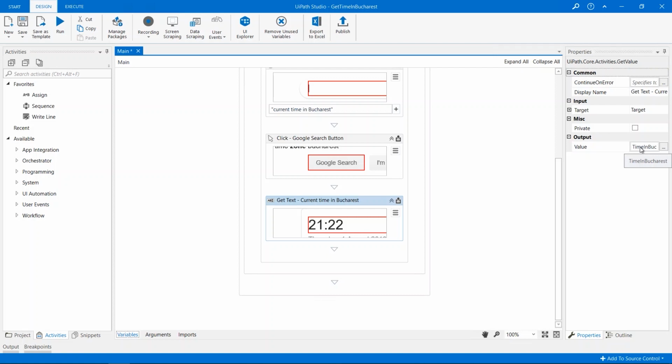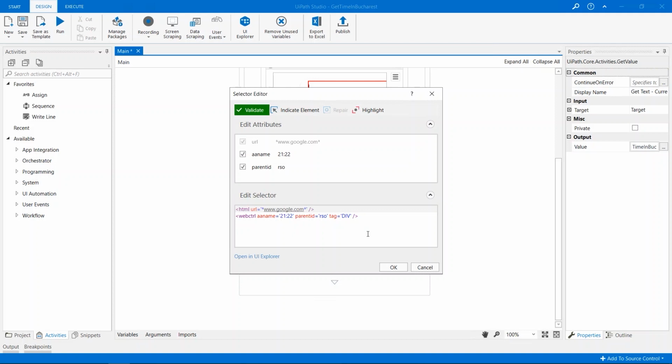Next, you may be wondering, how does the robot know what text to grab? For that, it uses selectors. Selectors act like addresses for UI elements. Let's view the selector for the Get Text activity. Now it looks like we have a problem here. The AA name attribute is set to 21:22. This means that the robot will only identify the text it needs if it is precisely